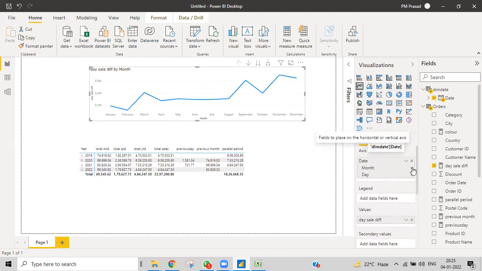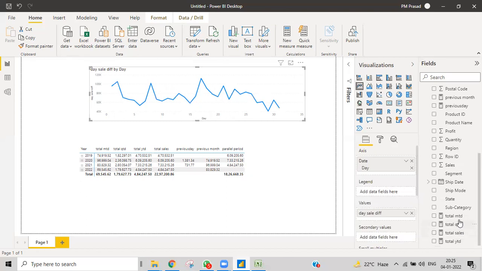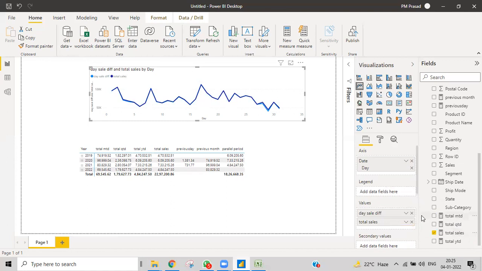Again day wise, and we'll make it the total sales also, and then again the previous day sales.